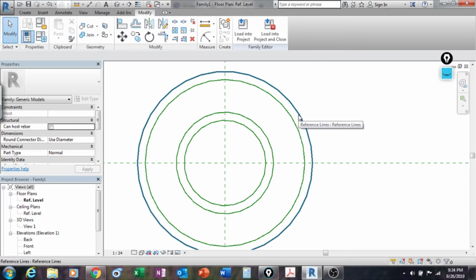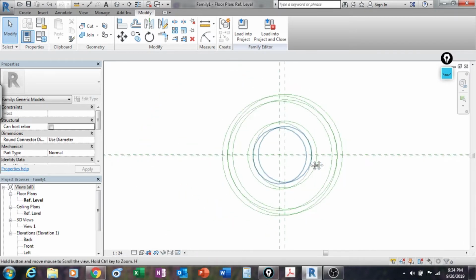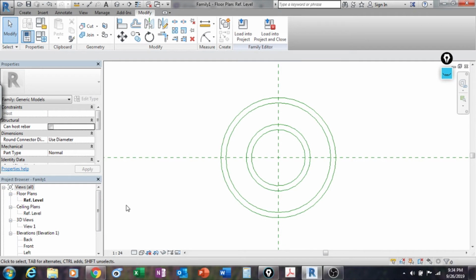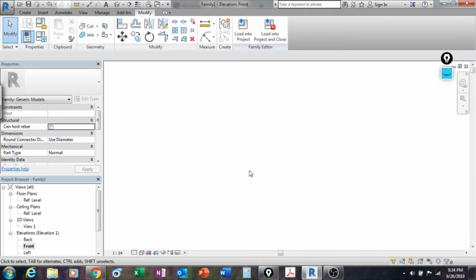So this right here is the outside wall of my planter, and this is the inside wall of my planter. Same thing here, outside, inside. Okay, so I guess for right now I'm fine right here on the top view. Now let me go to the front view and work a little bit